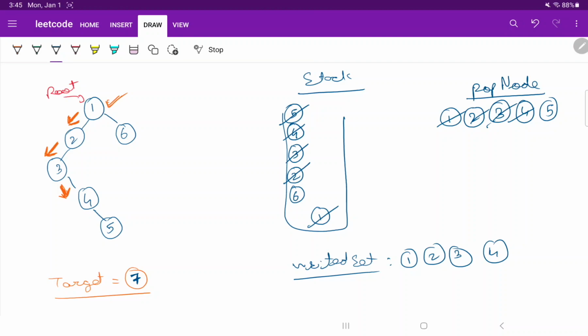Check if it's a target or not. No, it's not a target. And add node 5's children to the stack. Node 5 does not have any children, right? It is all null. So we don't add anything to the stack. We just add this to our visited set. That means we have iterated this section now, this depth, and then we go back to popping the node from the stack,